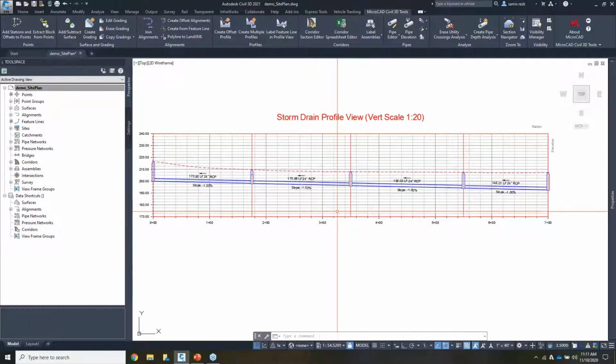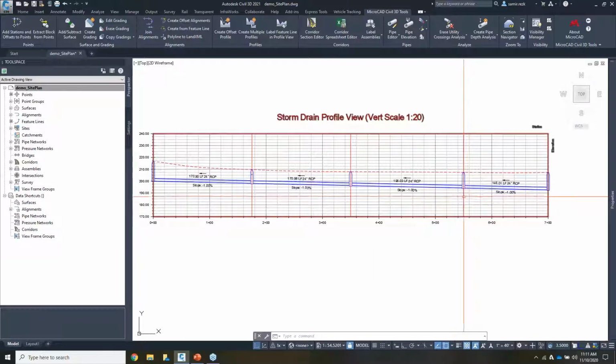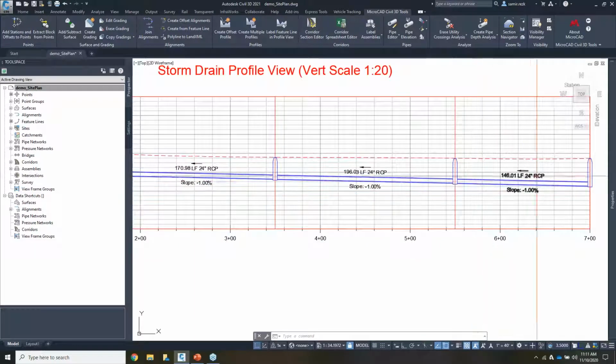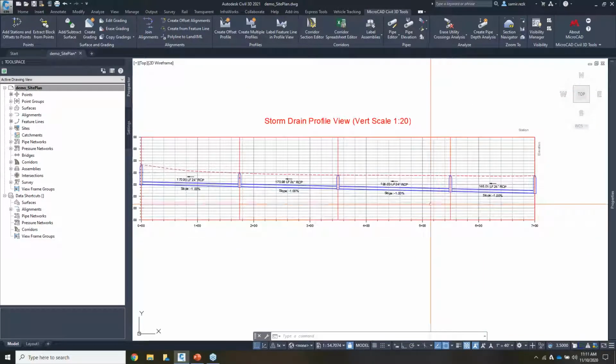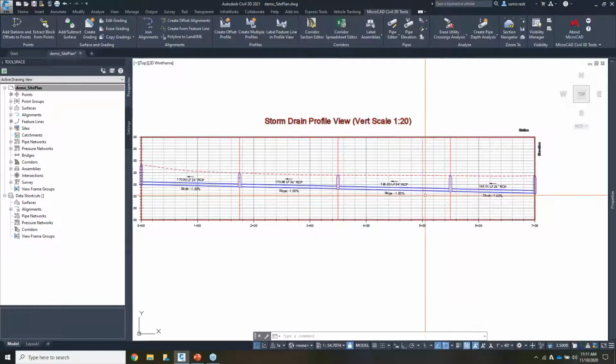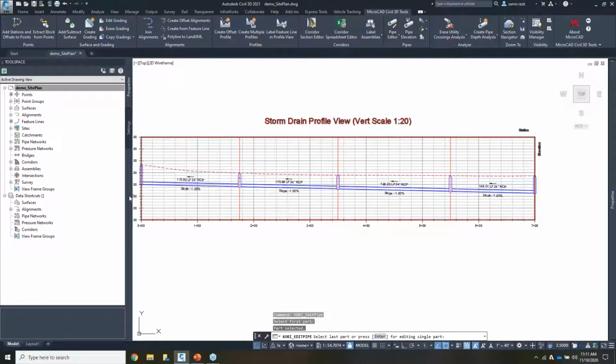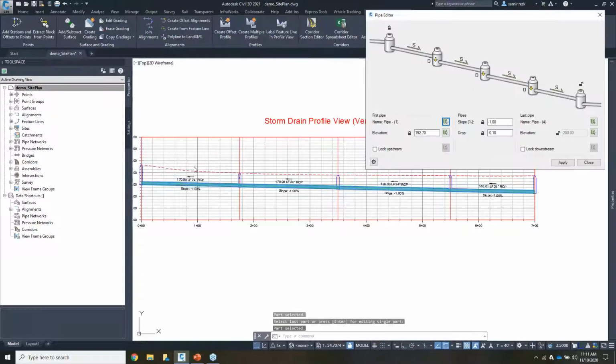If you're familiar with the functionality in Civil 3D, you know that if I need to design or redesign the slope here to be going the other direction, I need to select one pipe at a time and either input the invert or input the slope, one pipe at a time. And that will take approximately maybe 4 minutes or so with the clicking, opening the dialog, inputting the data, saving the dialog. So with the pipe editor, we have one tool, one dialog that lets us see the entire pipe run